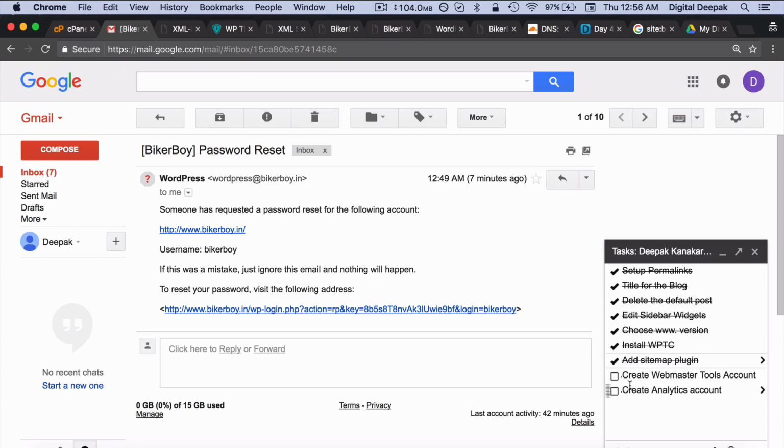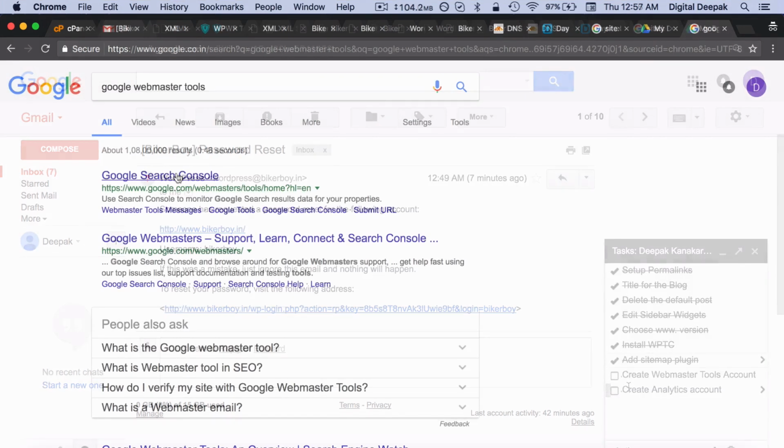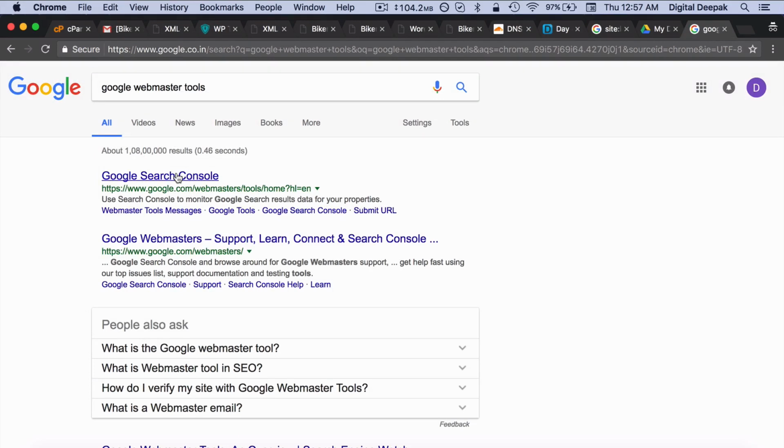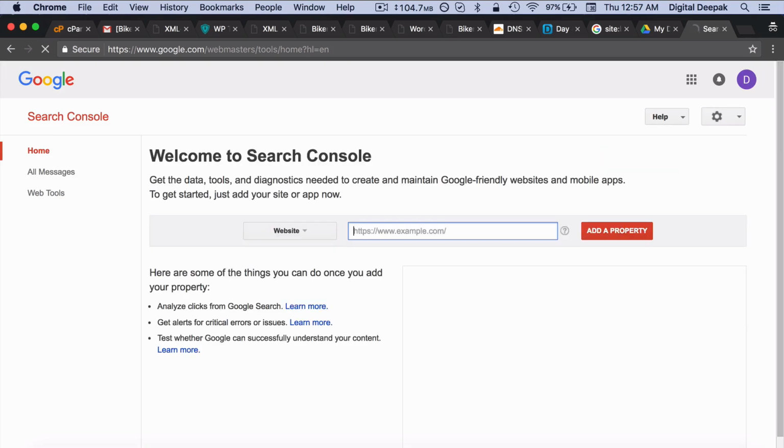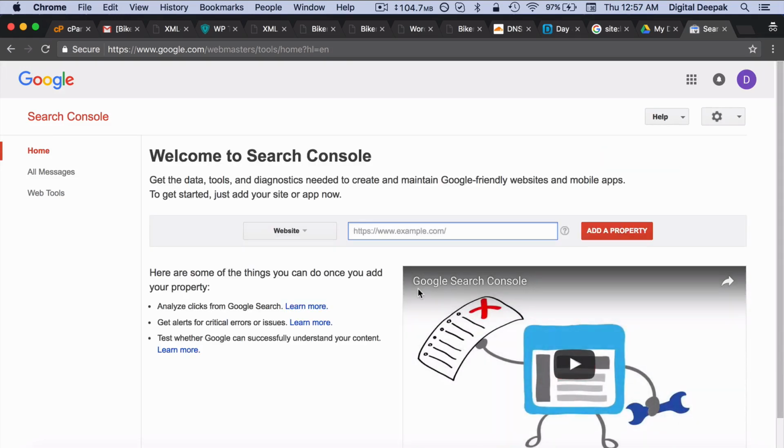So now we have two more tasks pending. We will create a Google Webmaster Tools account, and we will create a Google Analytics account as well. So Google Webmaster Tools is now called the Google Search Console. So just search for it, log in using your Google account, and here you can add your new website. Click on add a property,